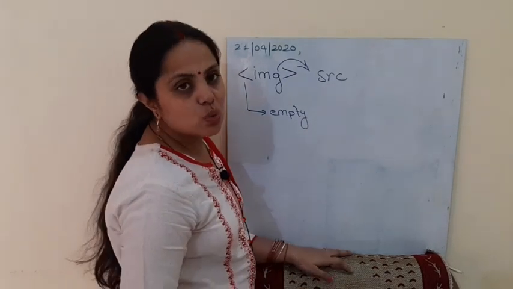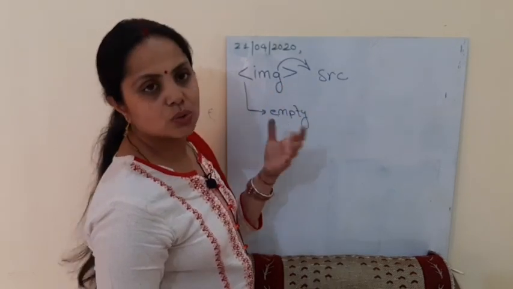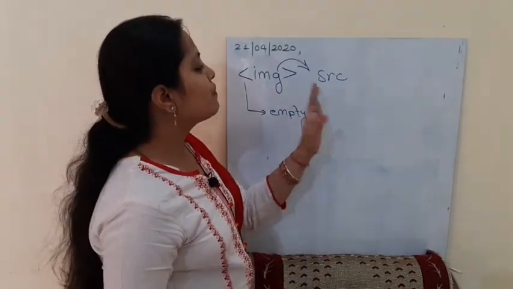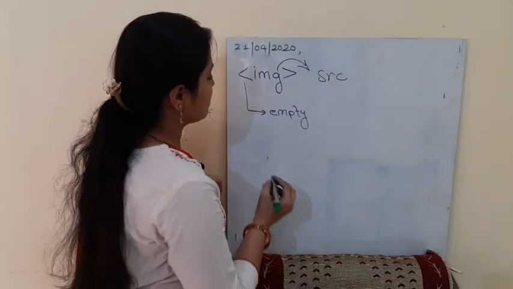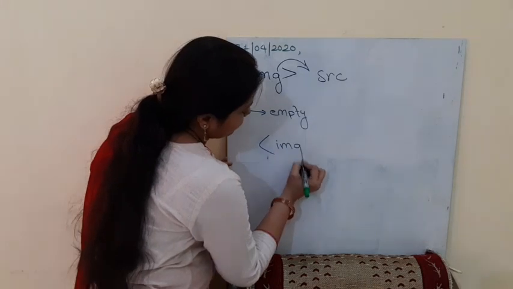Src tells us the source. Now what is it actually doing? It is just having the source. It does not have the image from where the image has to be implemented. So how are we going to do it? We are going to do it like image